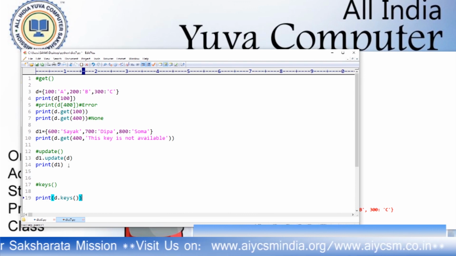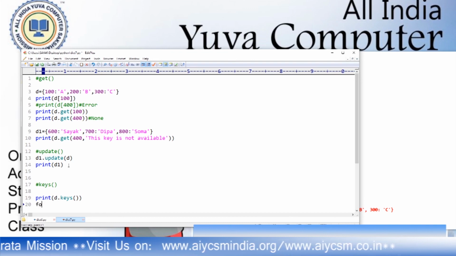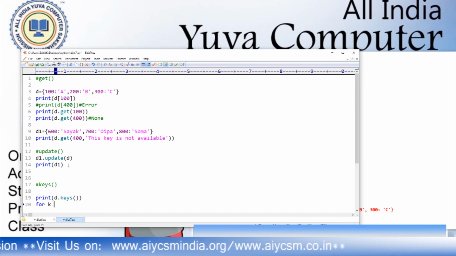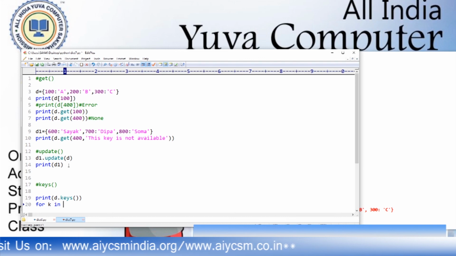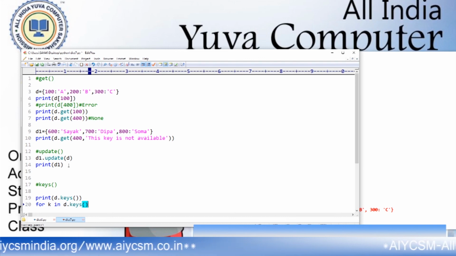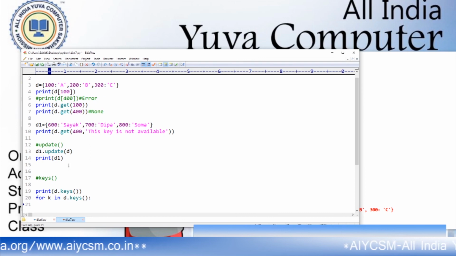This is not a normal object, and if you print all the keys, for k in D dot keys, it will provide the keys one by one. Now print k, and you will find all the values one by one.